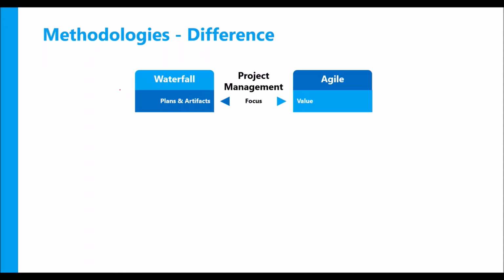Whereas in Agile, you have seen that we start delivering early. Since we start delivering early, the focus is more on value, what we are delivering. So what is value? How does it help project managers and stakeholders? We'll look at it as a principle in the upcoming slide. But for now, you can think that value is the benefit that you derive out of the project. It can be financial or non-financial, but it is the benefit that you derive out of the project.